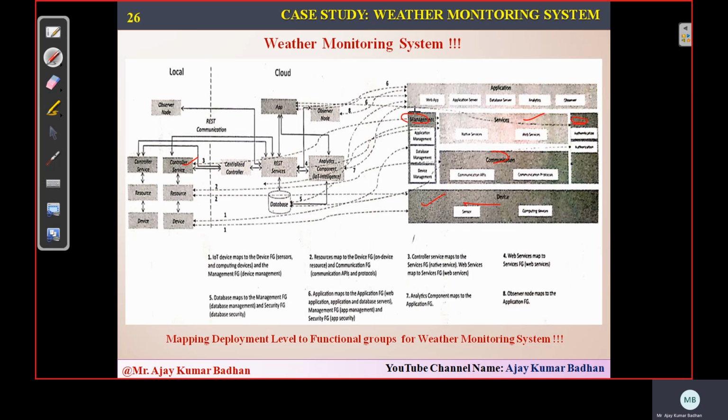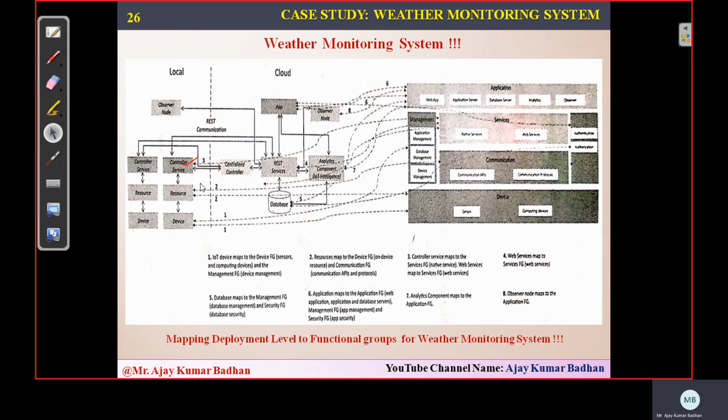Sorry, the diagram is not perfect enough, so I'm not able to show it. This is the previous diagram, the colorful representation I showed you, which is what the diagram is all about. If you see, an app is connected to this application. Similarly, in the previous diagram, this app is connected to management and this app is connected to security. All this has been mapped here. In the same way, the observer node will be mapped only to the application, because the observer node is mainly meant to make sure that the application is working fine. So it will be connected only to this. The remaining processes are the same. The centralized controller will be connected to the services, as well as to the applications and management. That's it. I hope it's very clear.